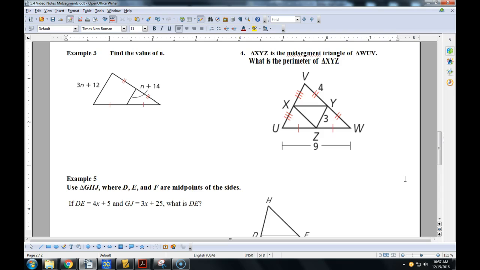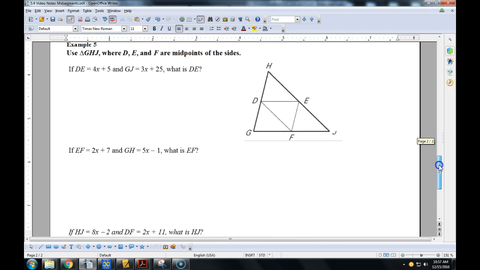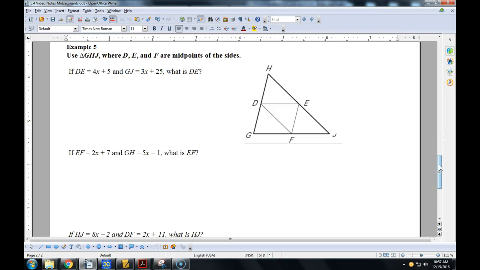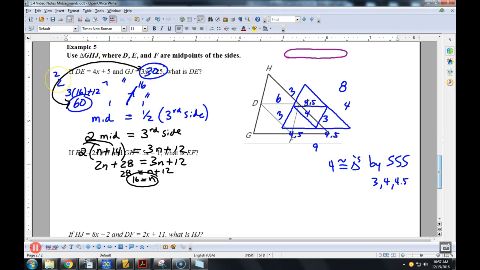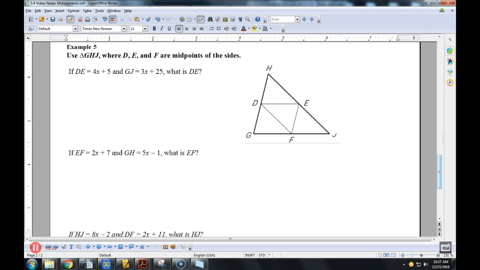Alright, we got one more example. It looks like example 5. It's got 2 or 3 parts to it. So let's get after this one. If DE is 4x plus 5, and GJ, that's the big dog down here, is 3x plus 25,